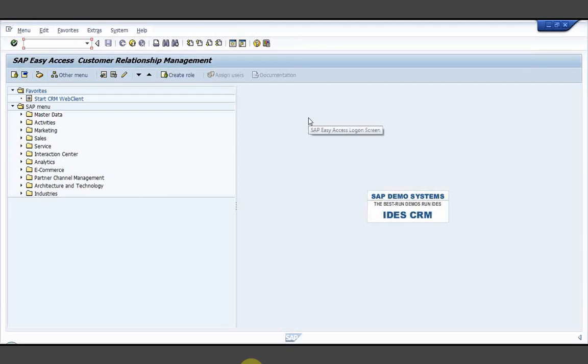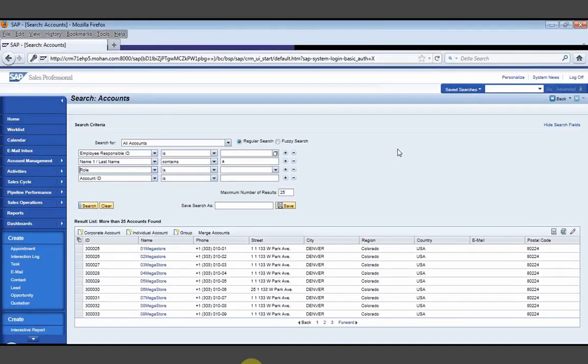Easy access screen. It's coming up. Okay. So the question is, this is the screen, but from a developer perspective, we need to know which component set is responsible for fetching the data.